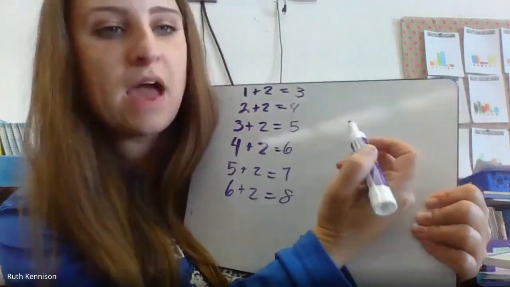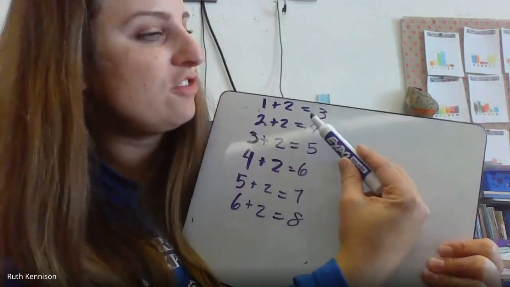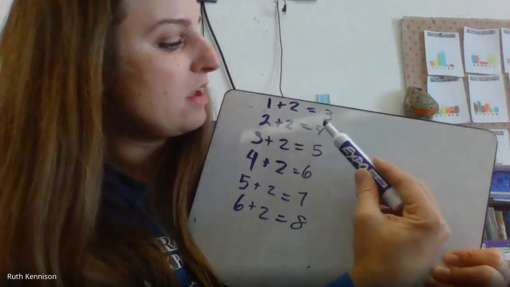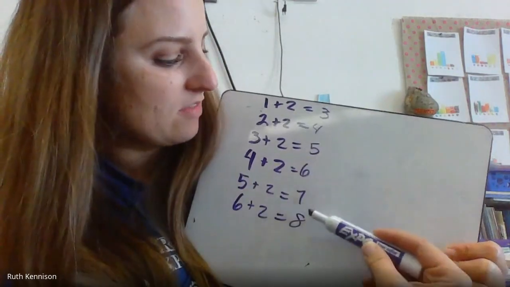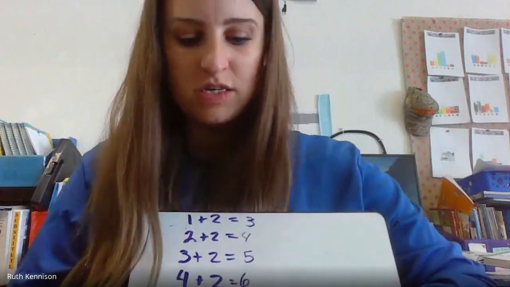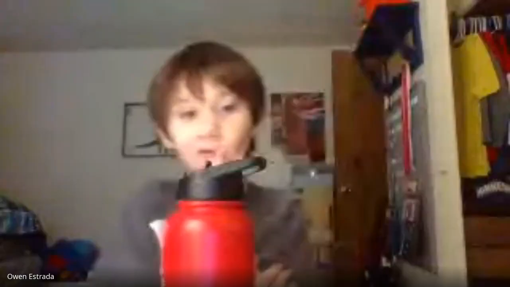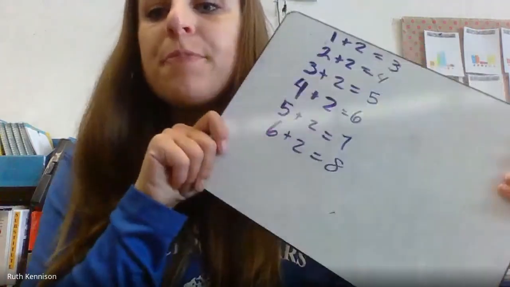Do we see that pattern again as we go down? Yes, we do. It just starts at the next number. 3, 4, 5, 6, 7, 8. Those are our sums. So I want you guys, when you're looking at that addition chart and working on filling that out today in your math work,